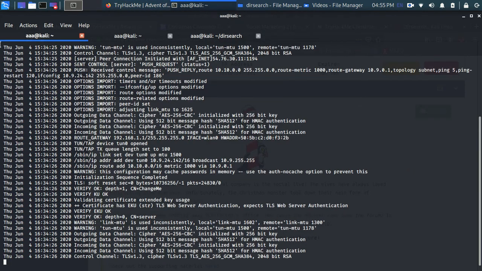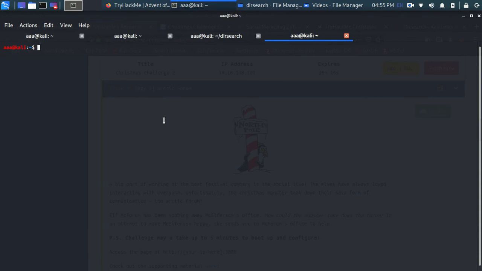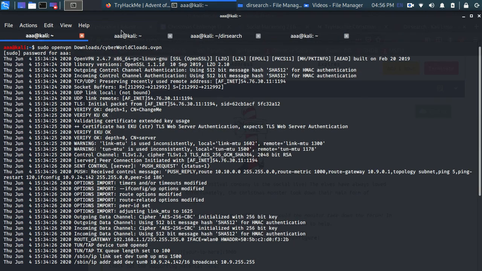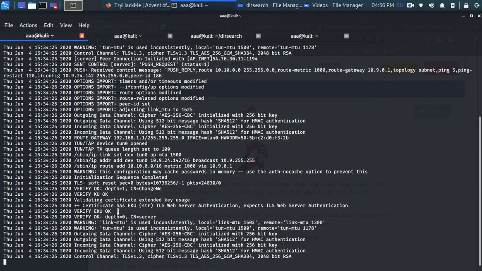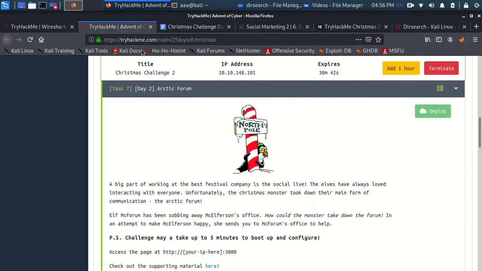You need to open a new tab and connect to the OpenVPN server via the OVPN file. Firstly click connect to the server, and as you can see, after typing my password, I could see "Initialization Sequence Completed". After this you will know that your connection has been secured. So I hope you've already done that.